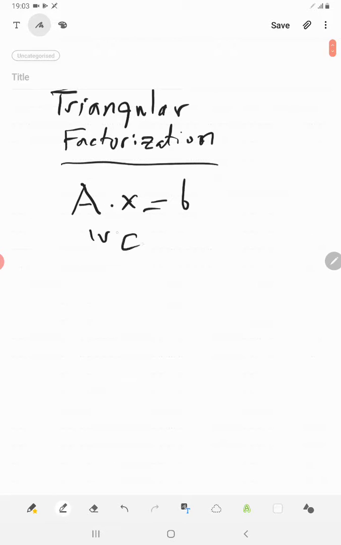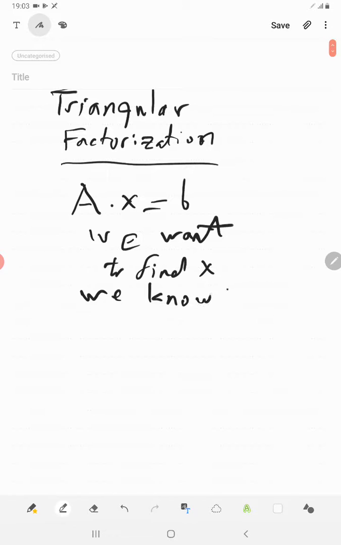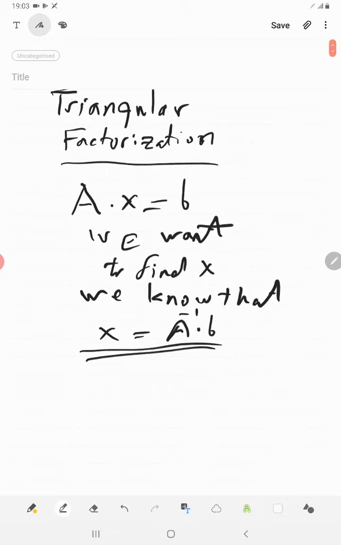and we want to determine or to find X. Okay, we know that X will be equal A inverse times B. Okay, but we want to simplify the solution according to the matrix